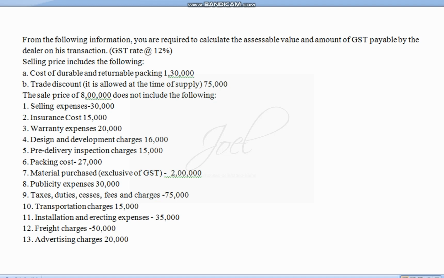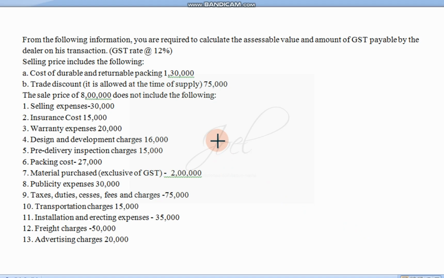As we know already, transaction value is a value which is calculated on the basis of all the expenses which are related to the sale of a product. Various expenses will be considered and some discounts will be deducted, and at the end we will arrive at transaction value. On the basis of transaction value, tax will be calculated. That means the amount of GST payable will be calculated by the persons, assessing authorities.